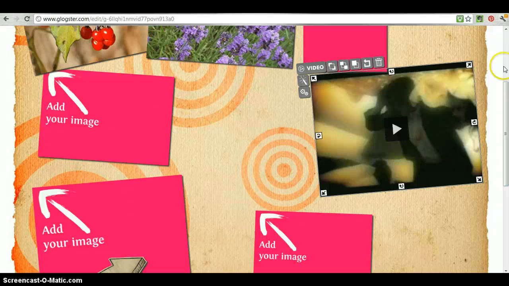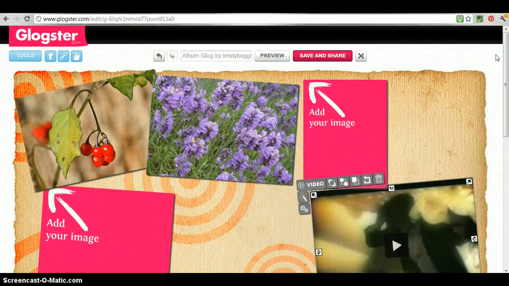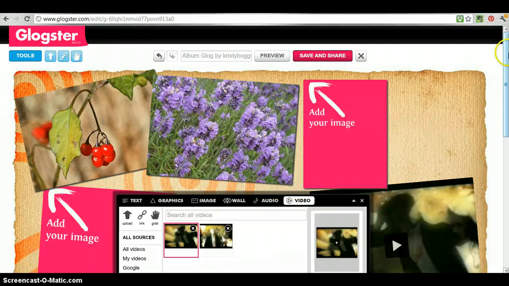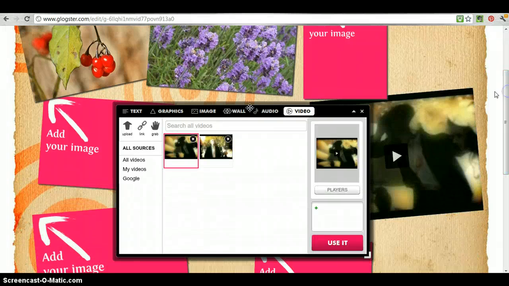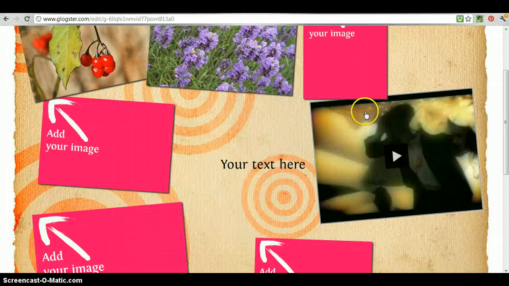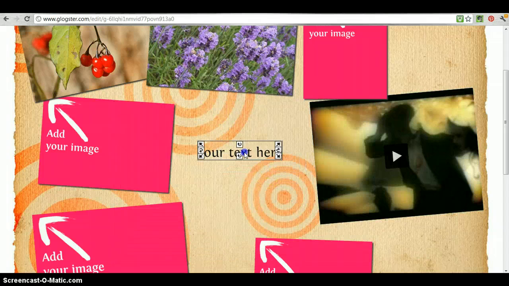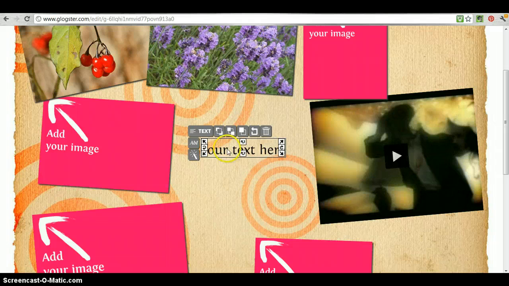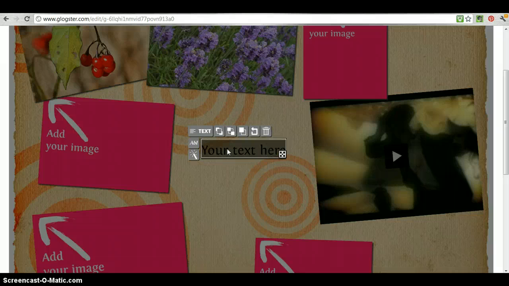So I've got this, there's my video right there, and I think all we need to do now is add some text. So to do that, you can double click anywhere on the poster to bring up the box, and so I'm going to click on text, and here's a text box, and I'm going to say Use It, and that should appear okay right there. So I'm going to use this to create my title, which is Rebellion. So I double click on the text, and then I should be able to type. Perfect. So that would be my text. Obviously I want it bigger,